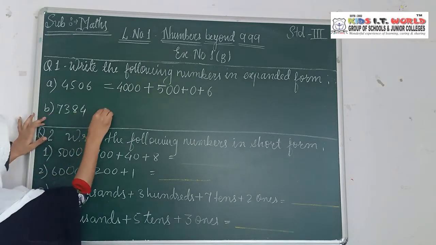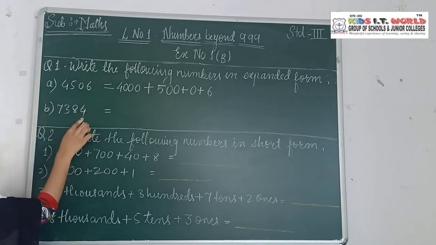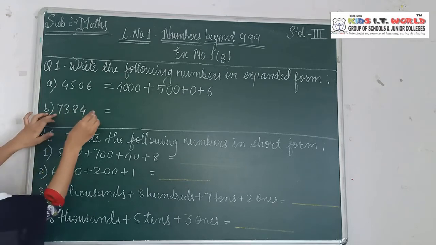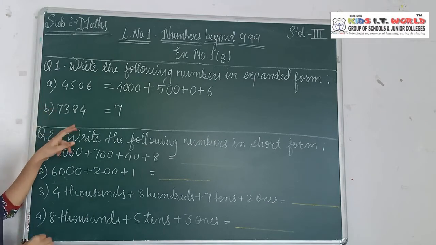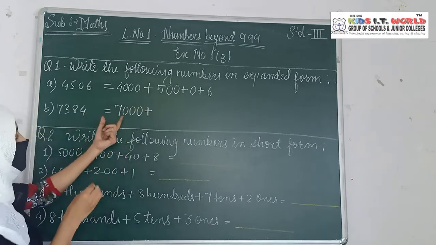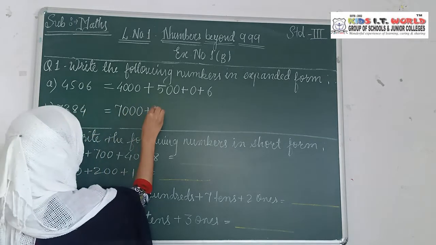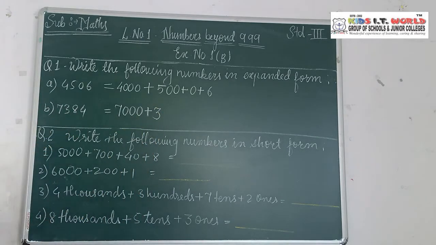Now coming to the next example, it is 7,384. So it is ones, tens, hundreds and thousands. So we will write 7 here. What is the place value of 7? 1000. On the 1000, how many zeros will come? 3. So write down 3 zeros here. After the first expansion, you have to put the addition sign. Okay? 3. What is the place value of 3? 100.